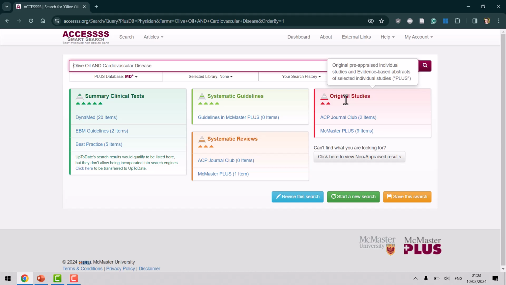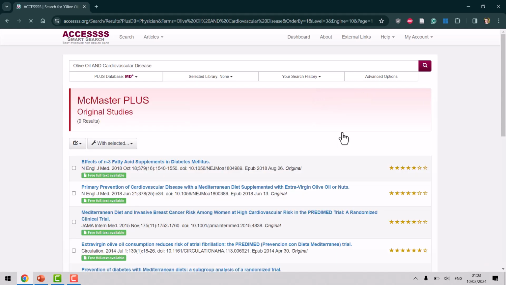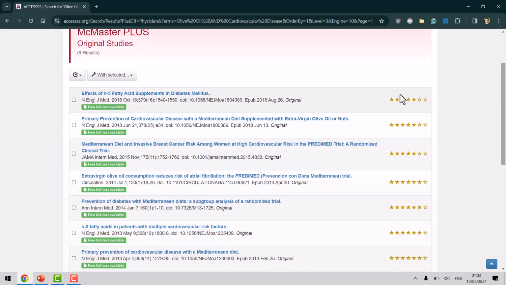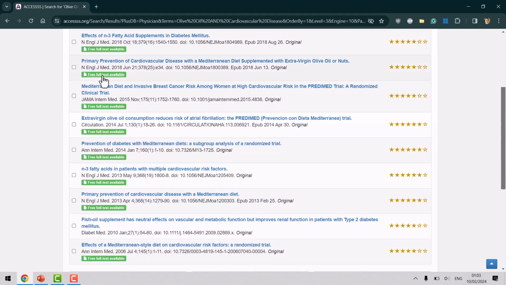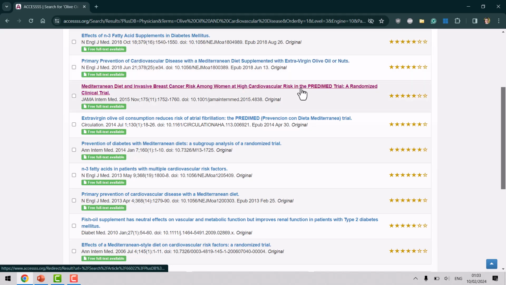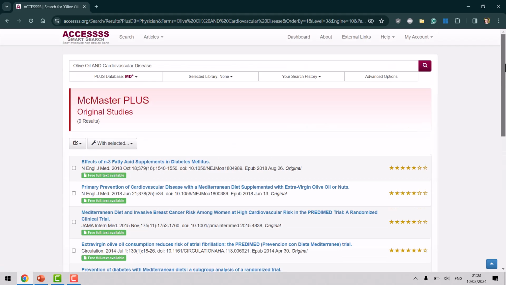So these are a bit better because they have synopsis. There are rankings by the clinicians, there is a critical appraisal or some sort of commenting on it. As you can see, there's a rating given by the clinicians, and it shows a list of the results, and not surprisingly you see similar results here. That's good. That means you could find what you needed. So if I get back to the